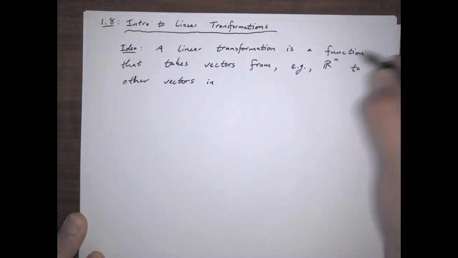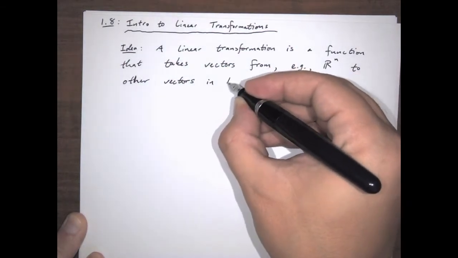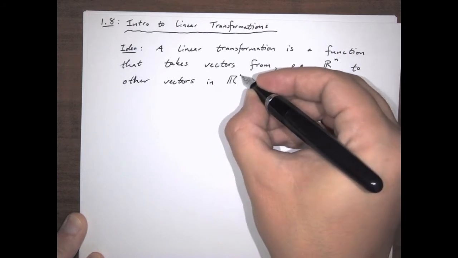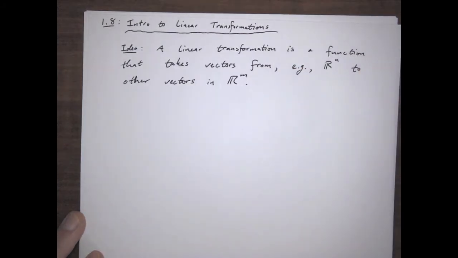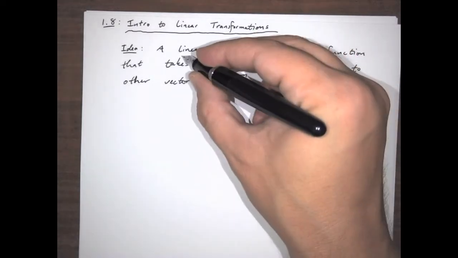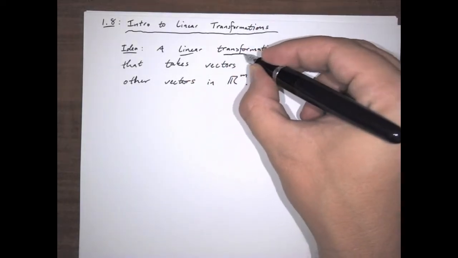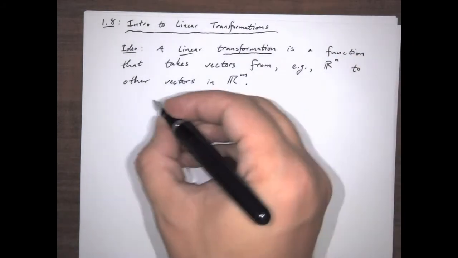So that's R November to R Mike. Now, specifically, there's a special condition that needs to be applied for the function to be linear. Specifically,